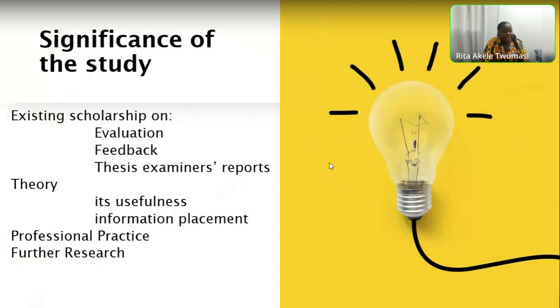Also, the study aims to study some transitivity in specific and SFL in general, showcasing that examiners focus more on activity, material content, as well as recognized value or qualities in thesis examiners' reports. Again, the adoption of a theory in the study also adds to its usefulness in interpreting the findings, highlighting the entity that is evaluated and the grammatical processes associated with the candidate as an evaluated entity.